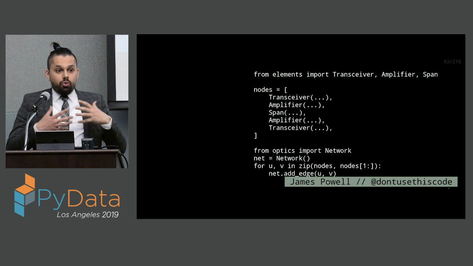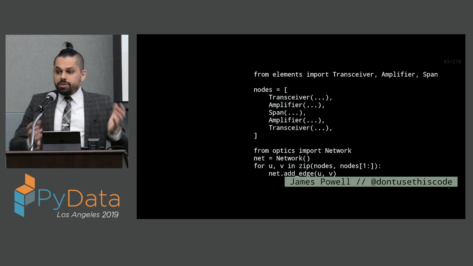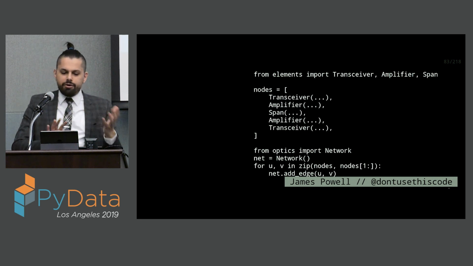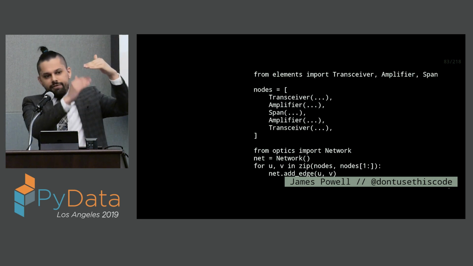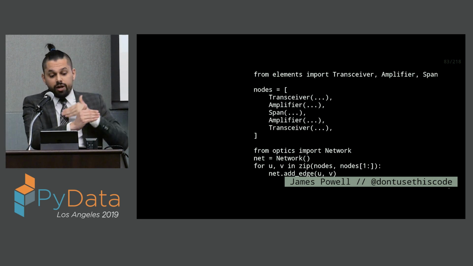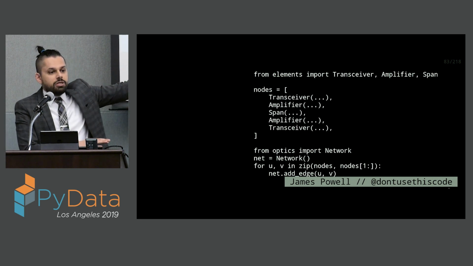It may be the case that you want to create your own business object that represents this mesh optical network. And so you might have some code that looks like this. You have a transceiver object, an amplifier, a span, and you create a network with a transceiver that's connected to an amplifier, connected to a span, which is a length of fiber optic cable, connected to another amplifier, connected to another transceiver. And you put this into your own